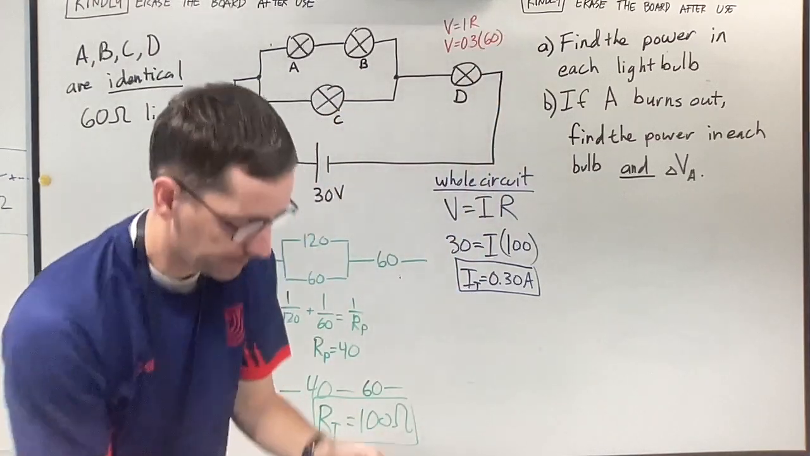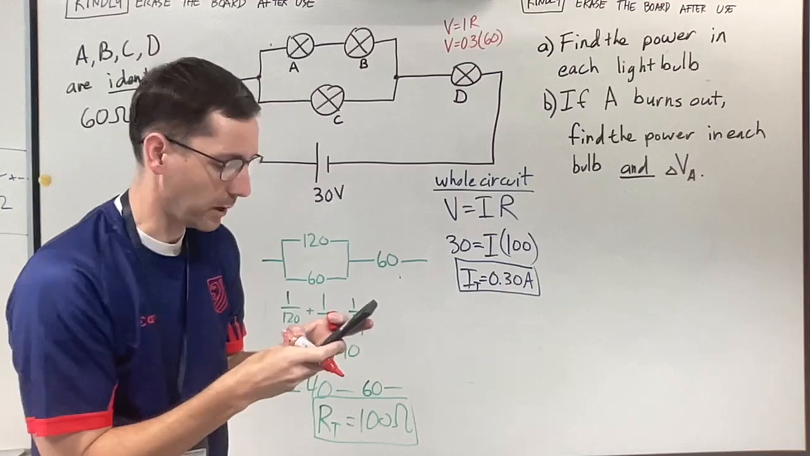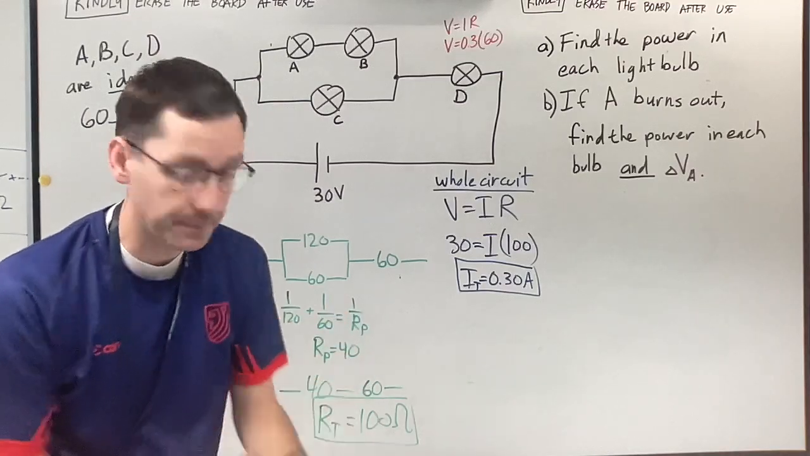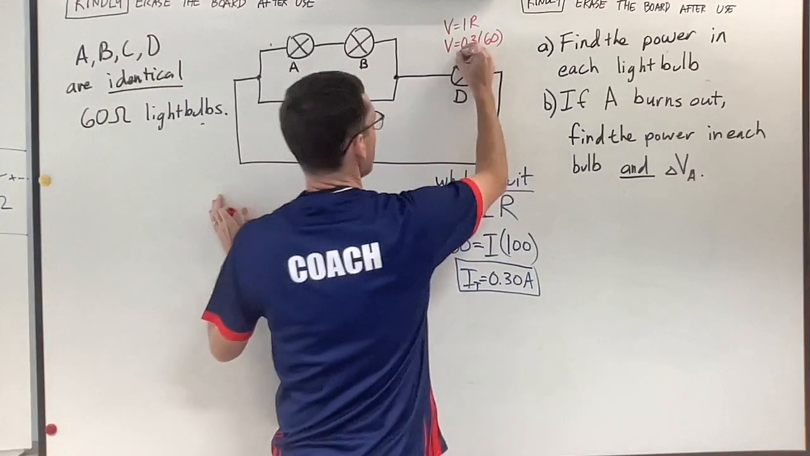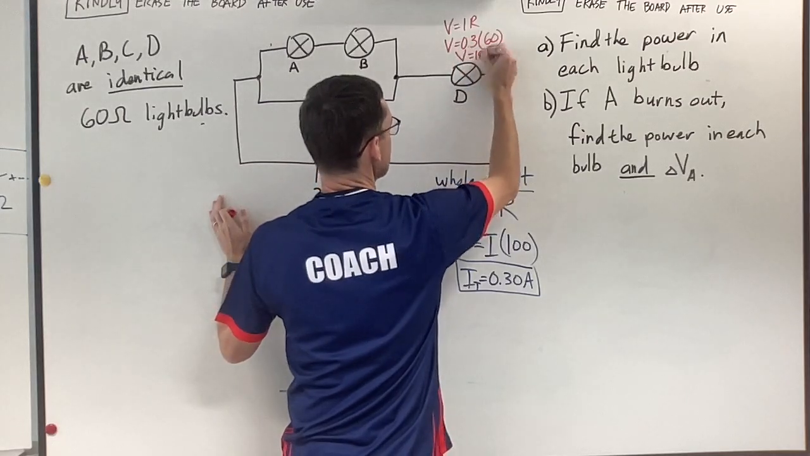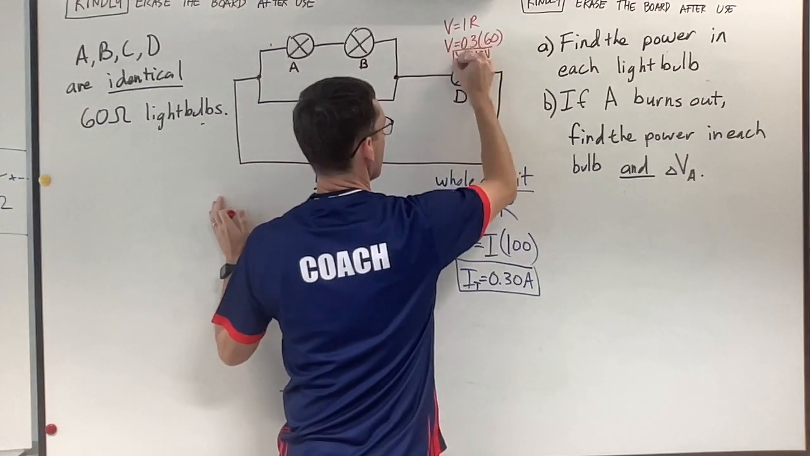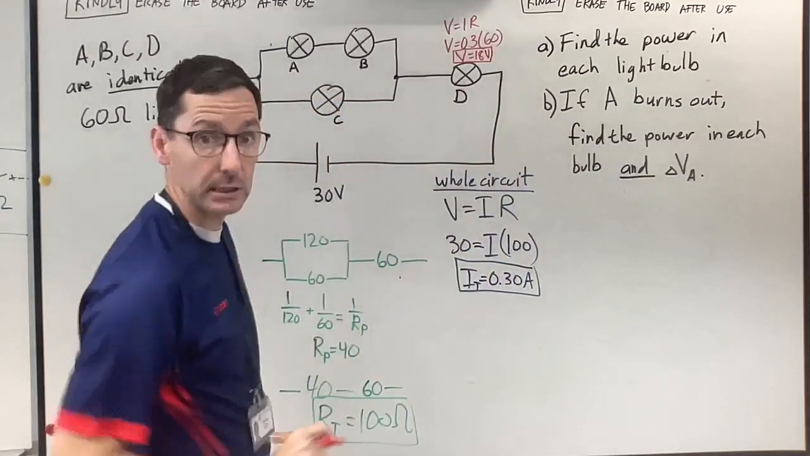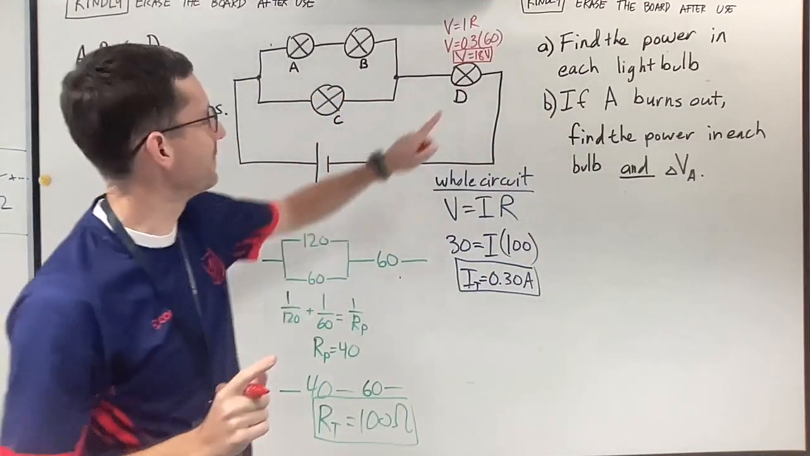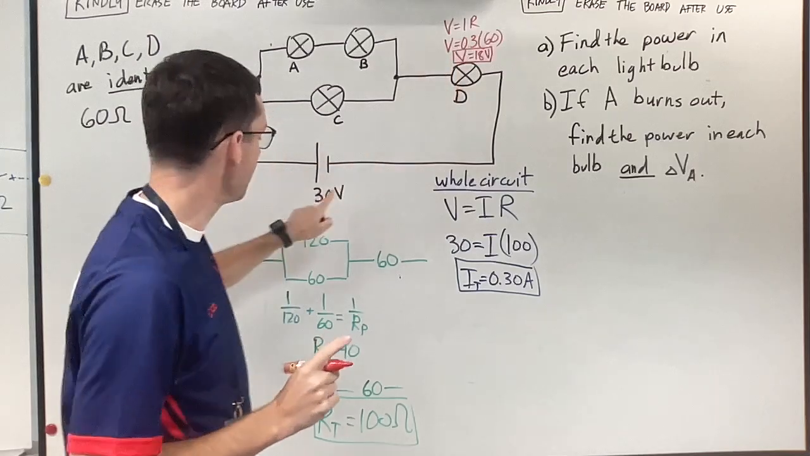So 60 times 0.3, and I get 18. So the V here is 18 volts. Now that will come in handy shortly, okay? But remember, if this is 18 and this is 30,